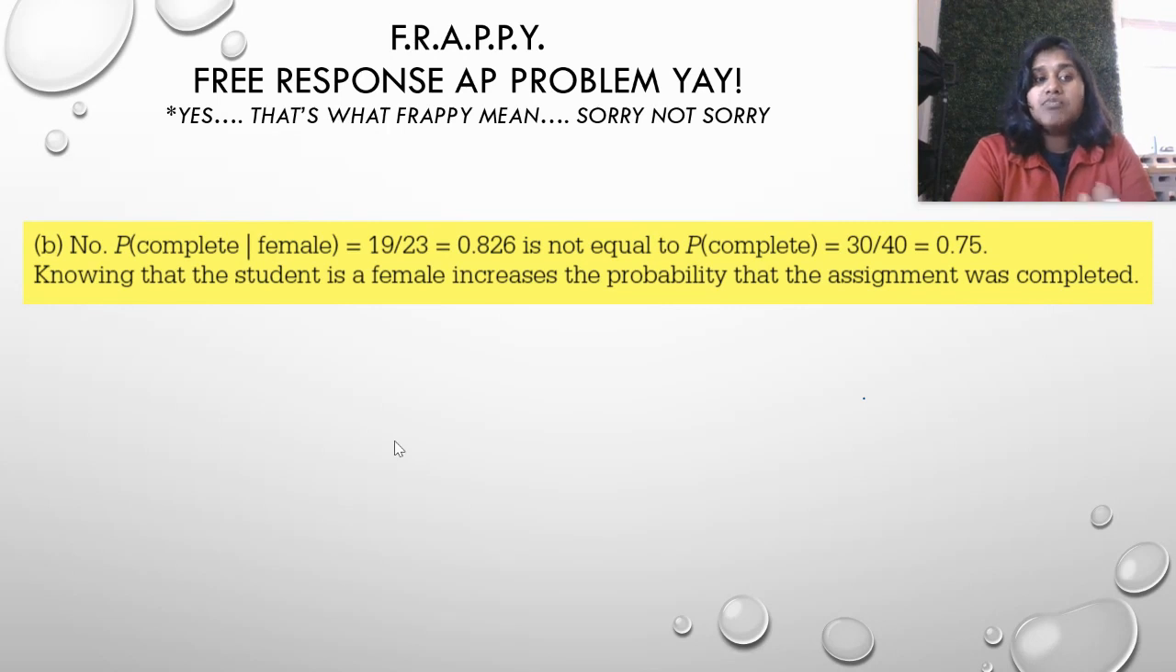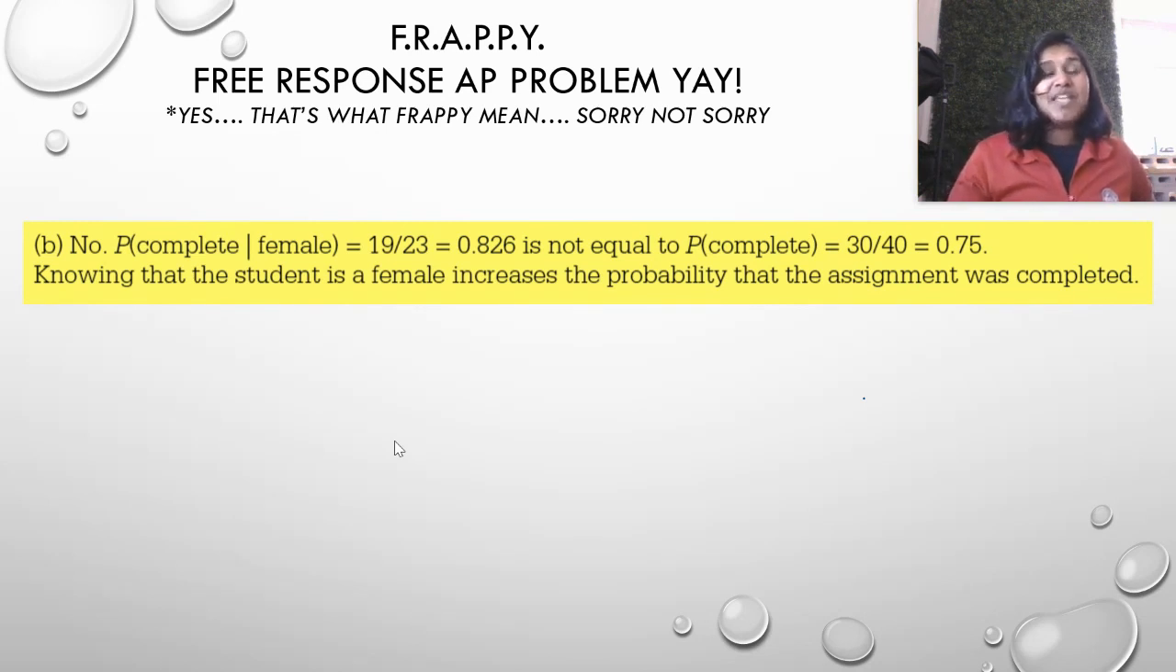A little justification further, or inference further, would be knowing that a student is female actually increases the probability that the assignment was complete. And we can go ahead and just look at those conditional probabilities and compare. 82 or 83% compared to 75% means that if they were a female, they had a higher chance of completing the assignment